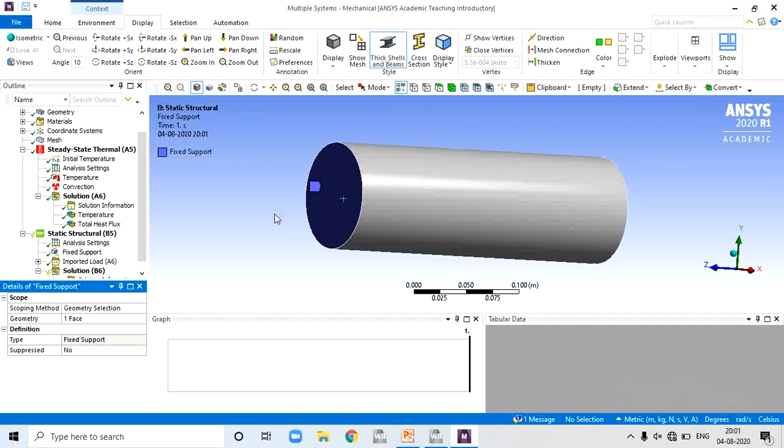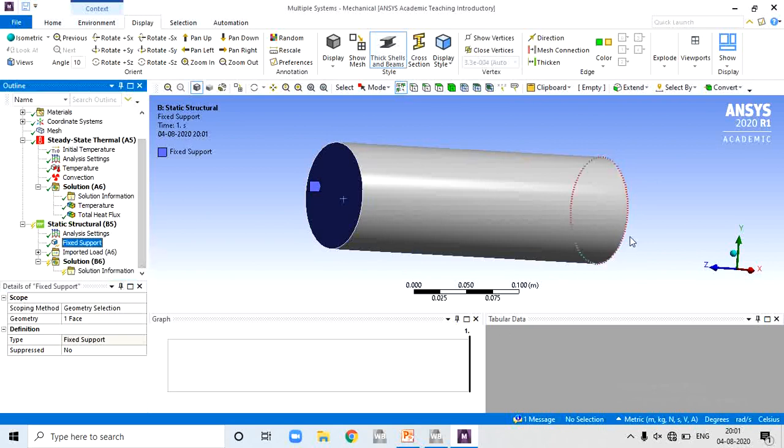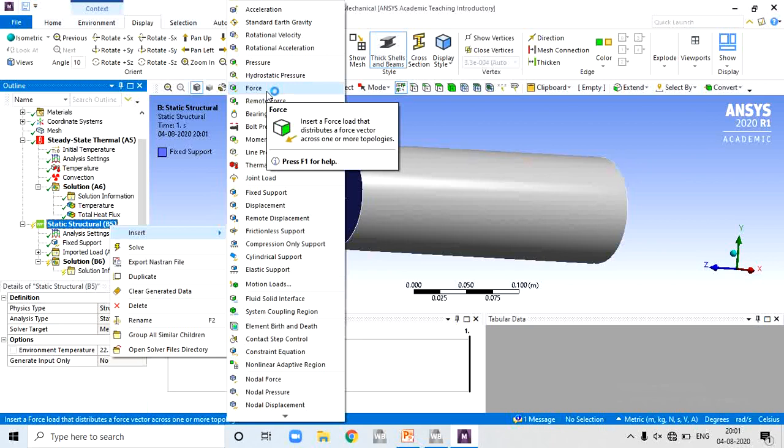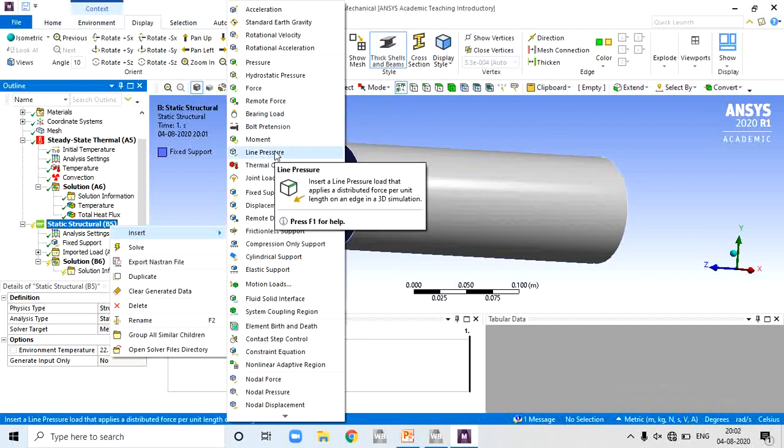And for static, the second condition, the software by default takes the imported load, that is, the thermal load at the right hand end. That's why there is already a tick mark here for import load. Or if not given, you can separately insert a force, that is a temperature load.